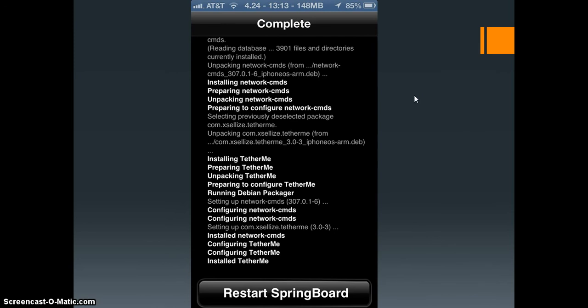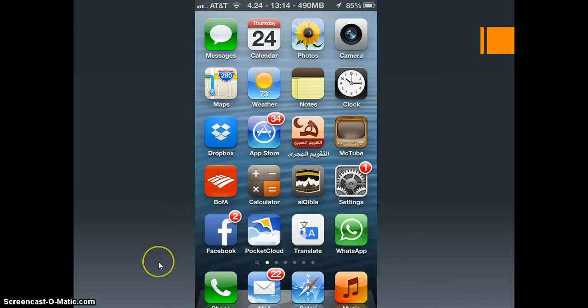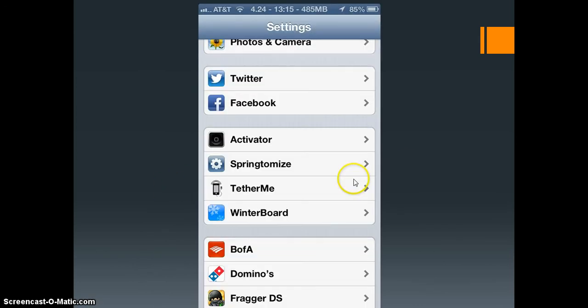And then all of the packages will be downloaded, and you'll want to then click Restart Springboard. After that happens, you'll be able to go into settings, which is where this TetherMe application will be, and it will be right there, and you'll be able